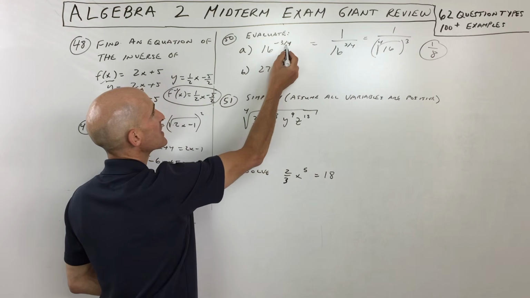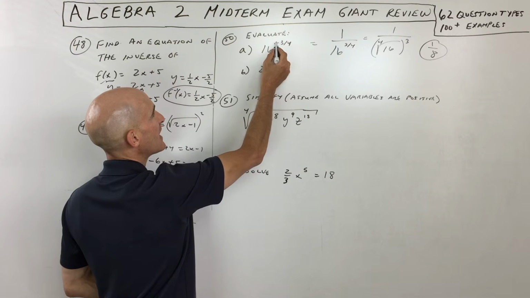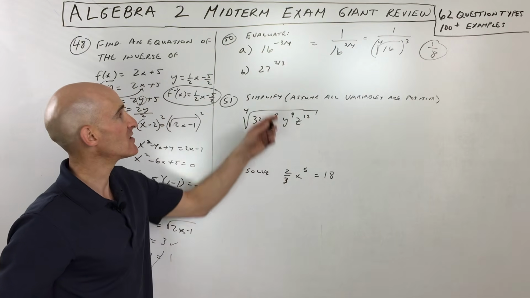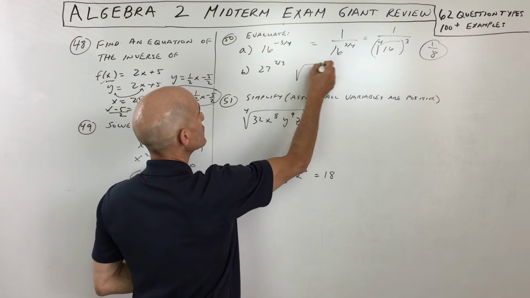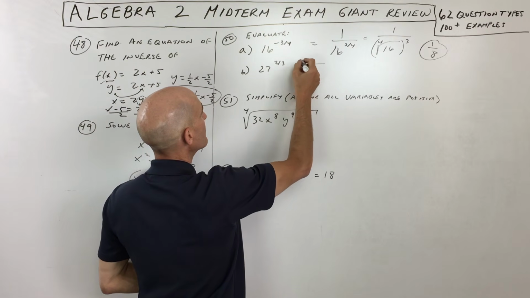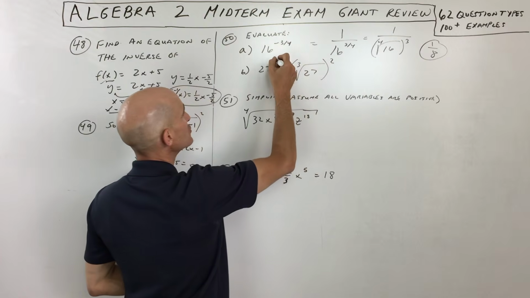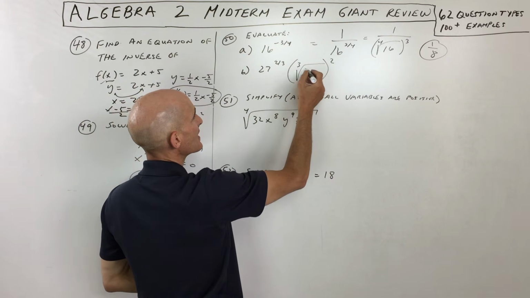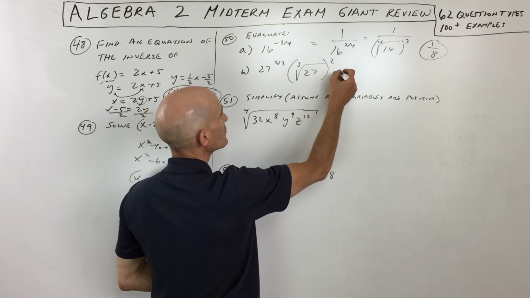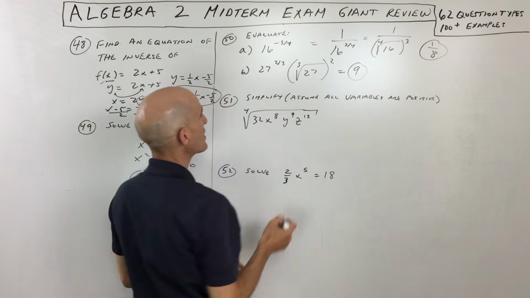The other way to do this is to take the 4th root of 16, 2 cubed is 8, and at the very end take the reciprocal. So the negative means to take the reciprocal. Here, the 3, the denominator, that's the root, so we're saying what's the cube root of 27? And then the numerator, the 2, that's the power we want to square. Raise that to the second power. So cube root of 27 is 3, 3 squared is 9, and that's our answer there.